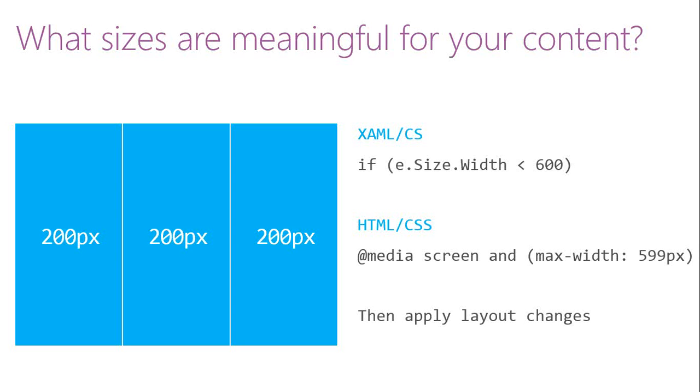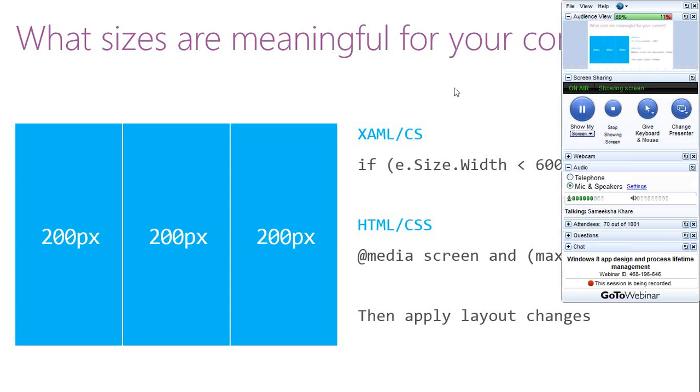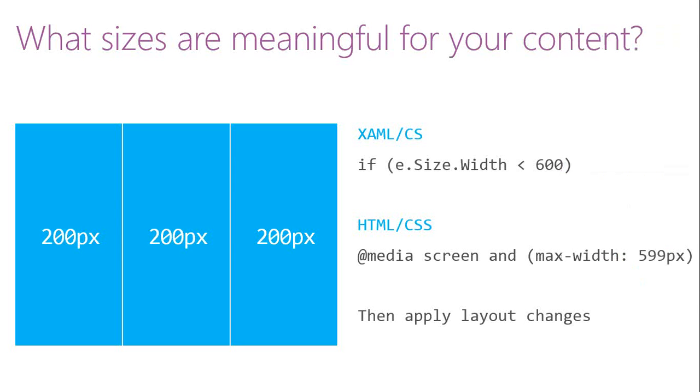And you don't want to give a user an experience which is less than 600 pixels, because you feel that the whole of these 3 columns are required for a proper display of the content and proper user experience. So what you can do is define it as the e.size.width property that I told you before, which is fixed as less than 600 or greater than 600.